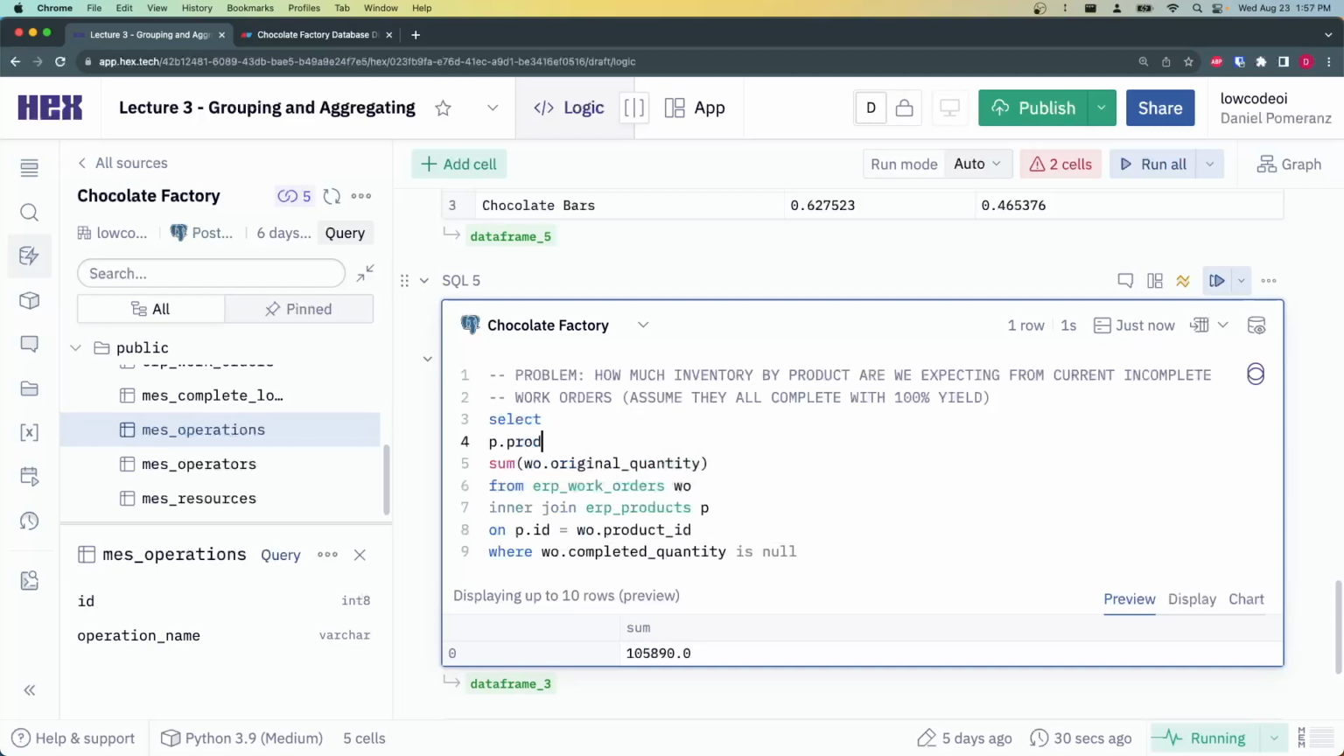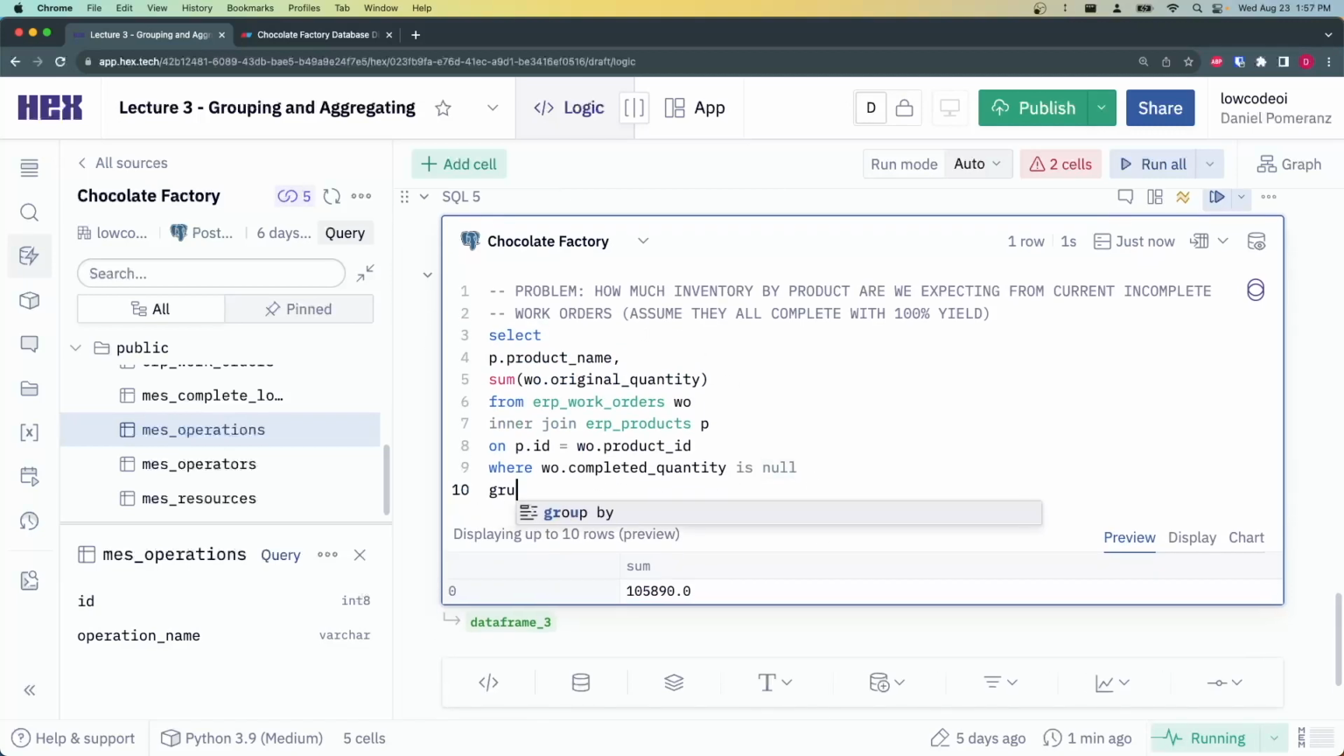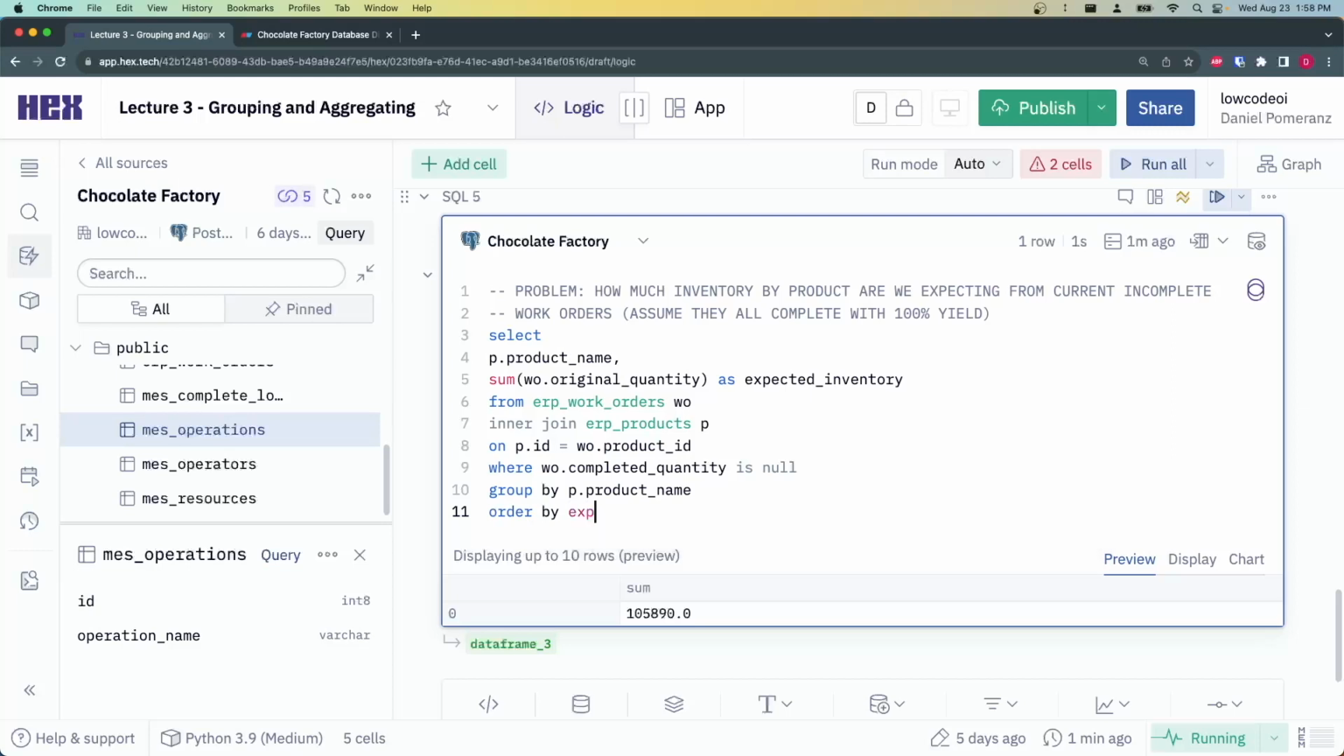So p.product name as a column. And then we're going to add the group by after the where clause. Again, the group by always comes after your filters because the group by isn't doing anything until you've filtered the inner piece of the results. So then group by p.product name, and let's clean this up. So expected inventory, and then finally let's order by expected